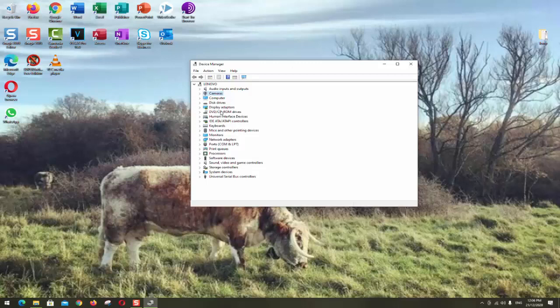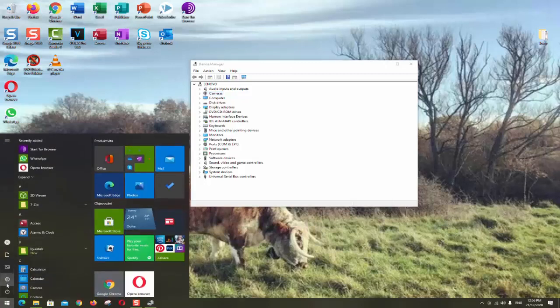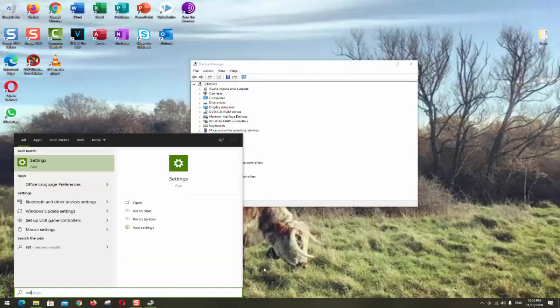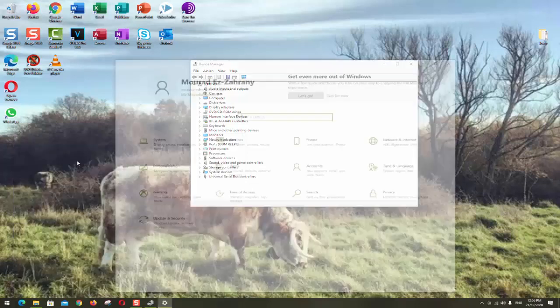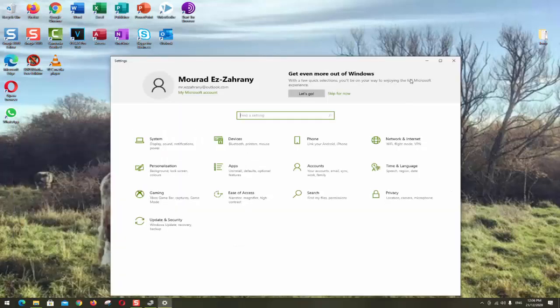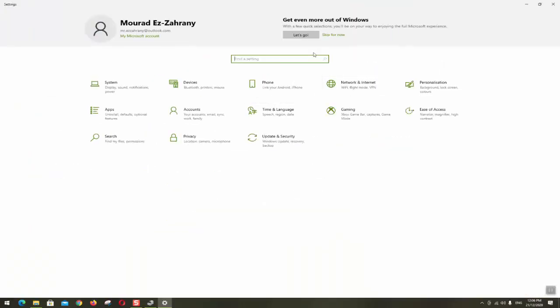So for this case, when it's already installed and it's not working, we will need to go and check if our settings allow access to the camera. We'll press the Windows sign again. We will click on this little indicator, or you can just type settings and we will open the computer settings. The next step,